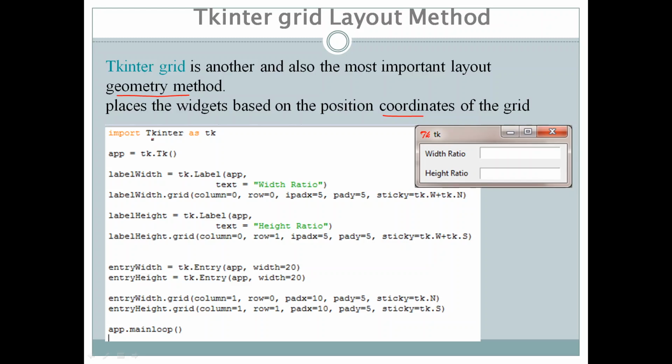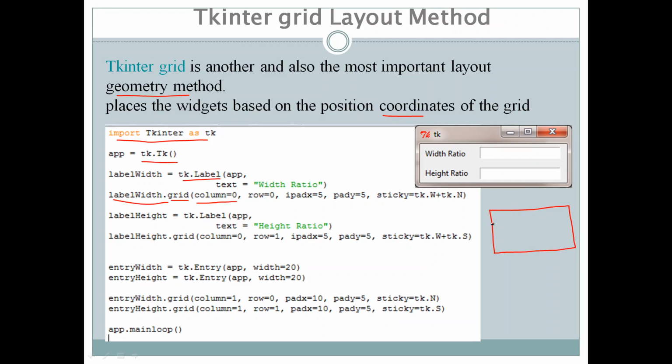Okay, one example here. We are importing tkinter, then we have created a top level window, then we have created a label first, tk.Label, by passing some parameters to it, and this is how the label is added. This is the name of the label. Here instead of pack we have used grid, and look at the parameters. We have specified column 0, means this label with the name label width needs to be added at column 0 and row 0. So suppose if this is our main window,